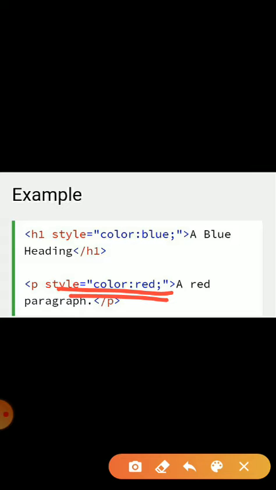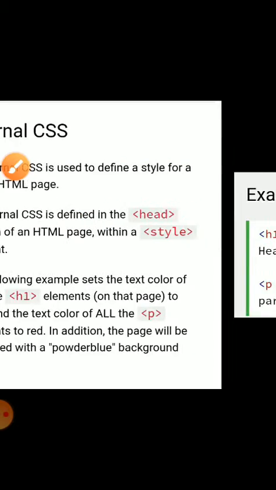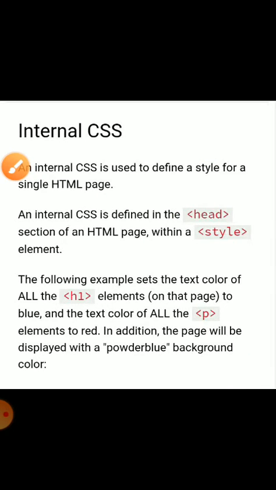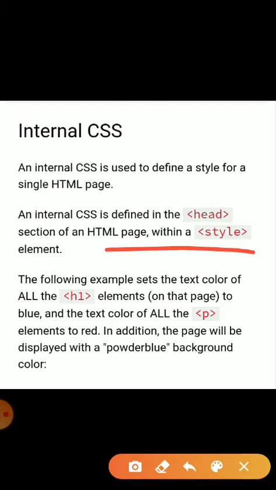and color colon red. Okay, the internal CSS. Internal CSS is used to define the styles for a single HTML page, and it is defined in the head section of the HTML page with the style element.